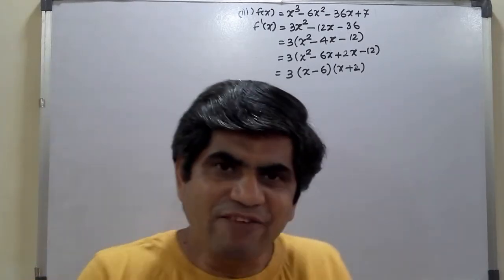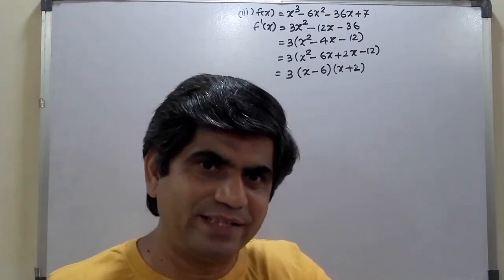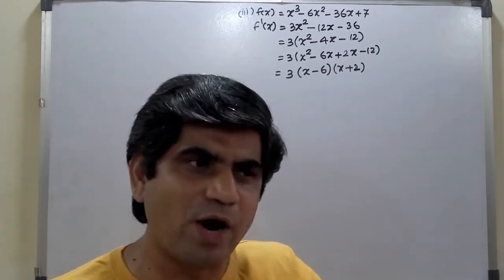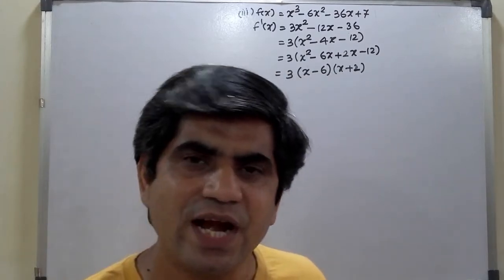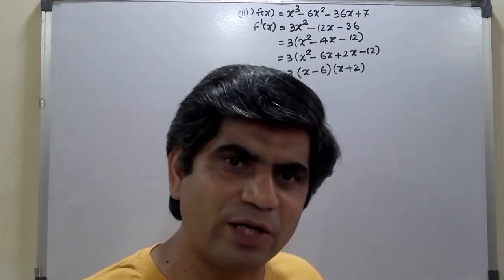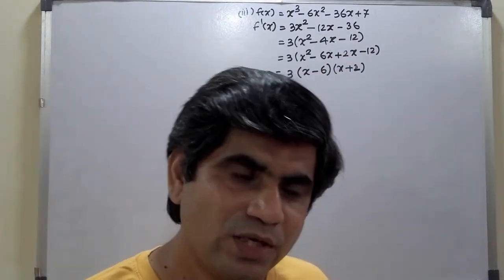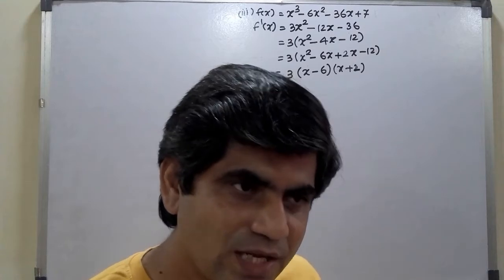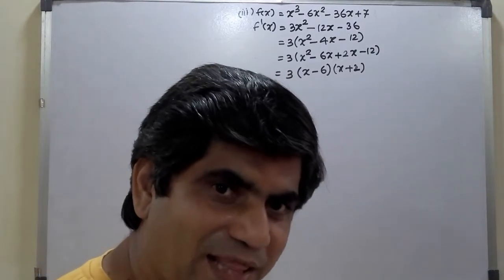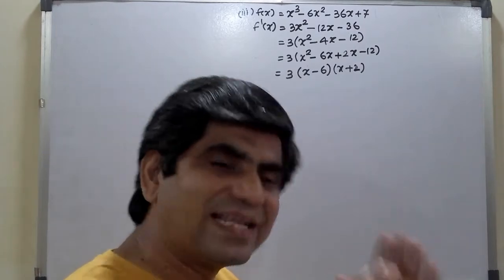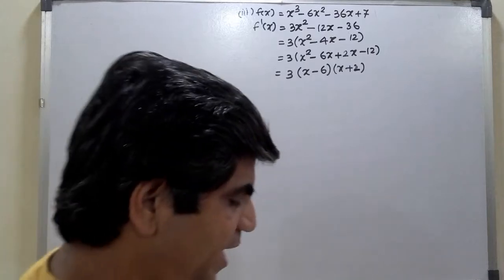Now if f dash x is 0, that is the point. It will give you the critical points, either 1, 2, 3, 4, 5, 6, any number of points depending on the degree of that particular polynomial. Here the degree of the polynomial is 2, that means you will get 2 points over here. Those 2 will be the critical points. Now for those 2 critical points, it is possible that at that particular point it will be a maximum or minimum. So I will find the critical points.